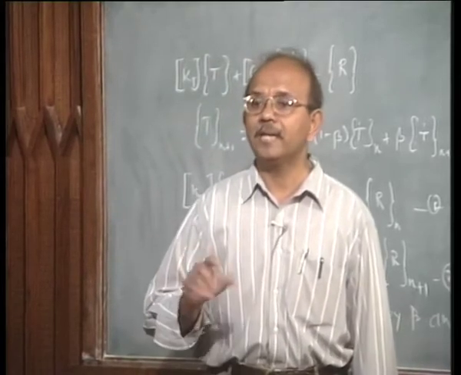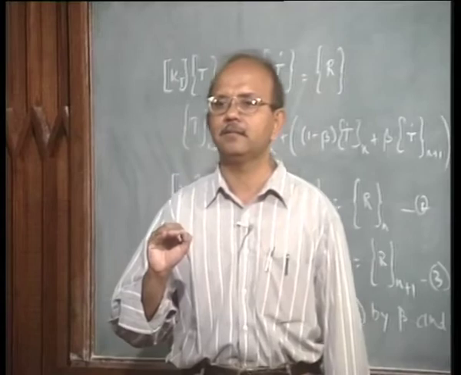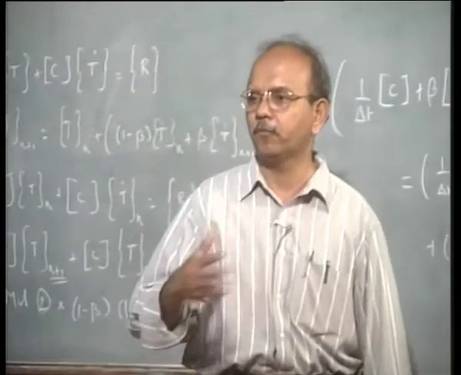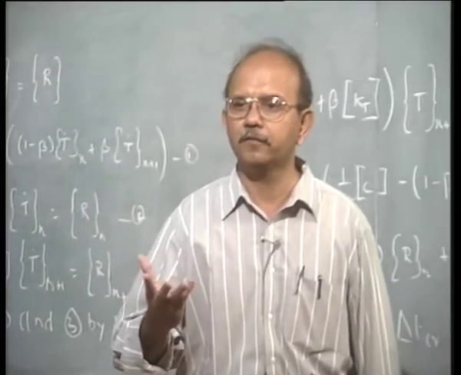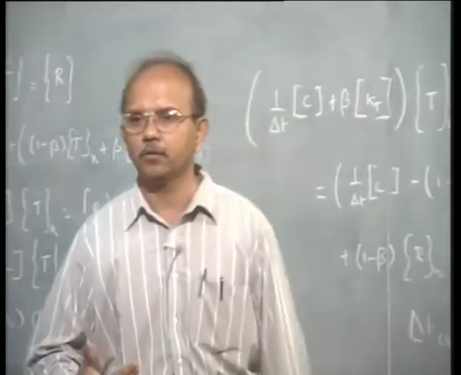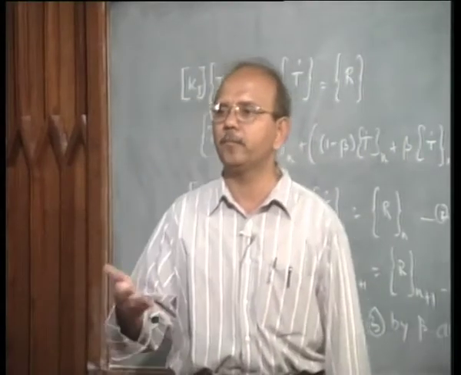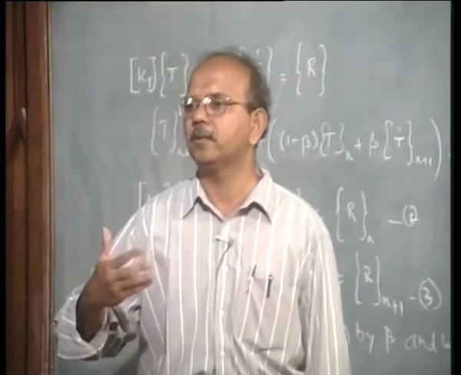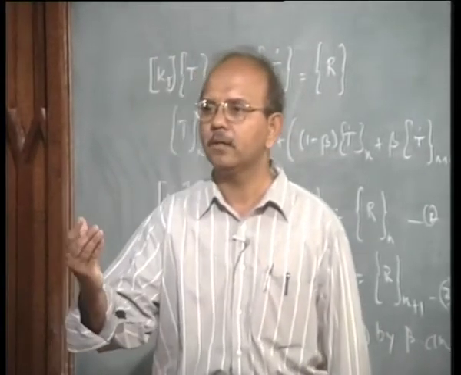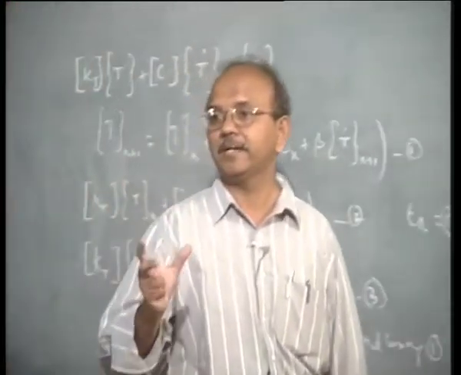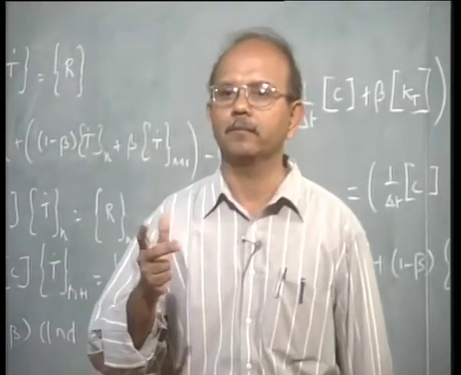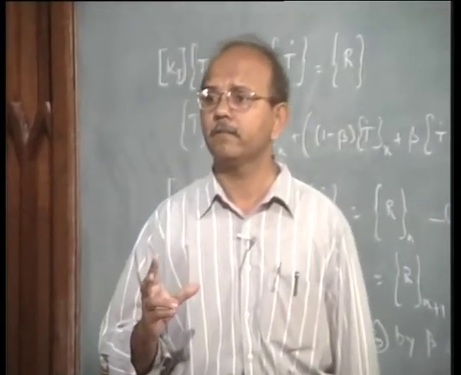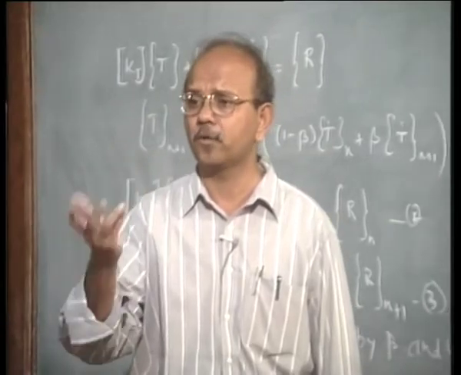But here when we say error, what we really mean is the properties that we have selected, the type of boundary conditions we have put, and those kinds of things. Error due to modeling. These errors cannot be eliminated even if I make the mesh finer. There are two errors. One is finite element error, which can be reduced by making the mesh finer, better choice of elements and so on, and the other error is due to what we call modeling. So, the error may be high or low depending upon your understanding of the process itself.